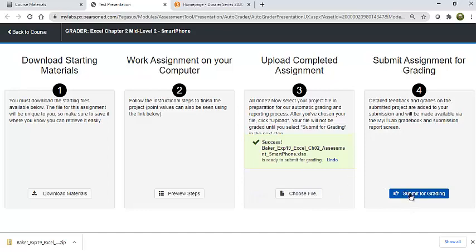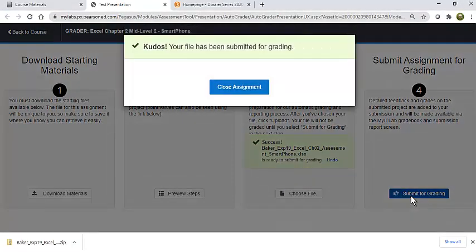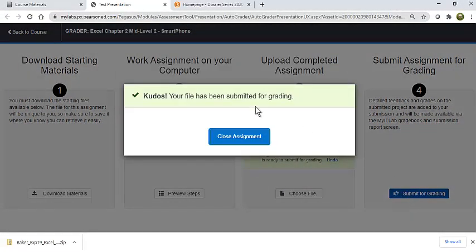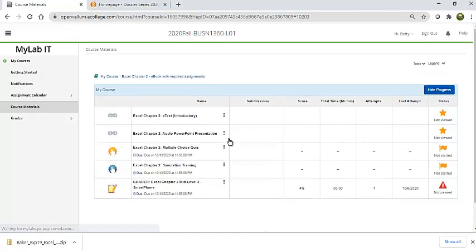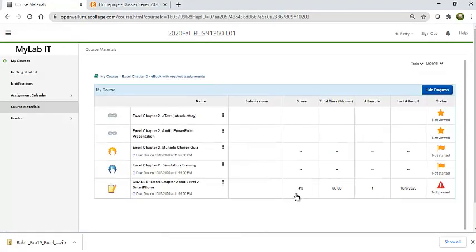That's success, and then submit for grading. If you go through this too quickly, you'll get error messages if it's not uploaded yet. Okay, so I'm going to click on close assignment. Yay, 4%. Okay, so far, and this might be significant later,